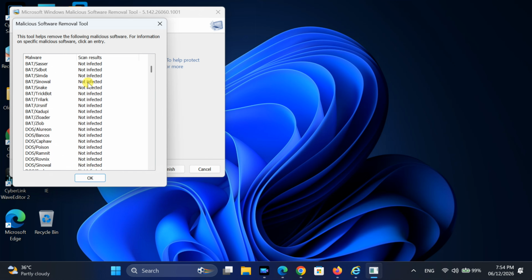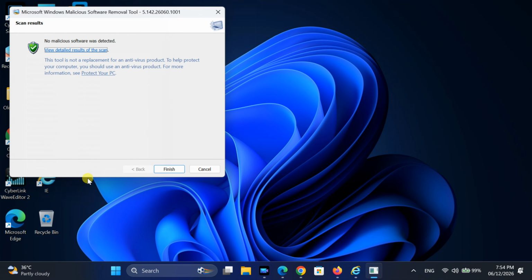And that's it. This is a simple hidden Windows feature that can help improve your computer's security without installing any